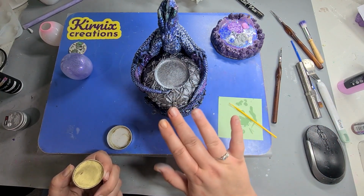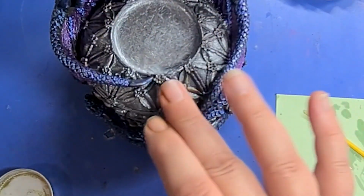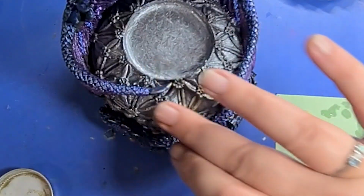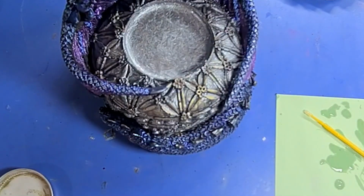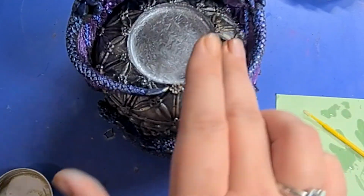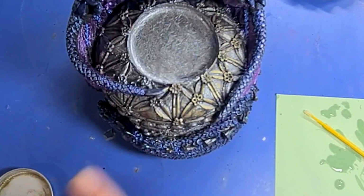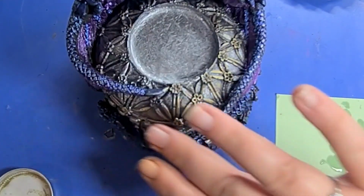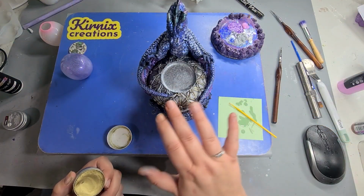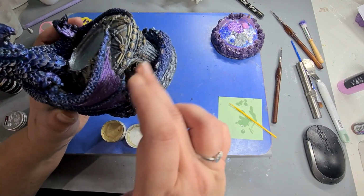So then I took some gold gilding wax, and I just put the tiniest amount onto the flowery parts of the plinth, just to make it look as if they were a bit bronzed. I wanted it to be like faded-off gold sort of thing. So weathered. Yeah. Well, I suppose aged. Yeah. Aged is the word. I wanted it to look old, that sort of thing. So I spent some time doing that, and then once I'd done that, I remembered that